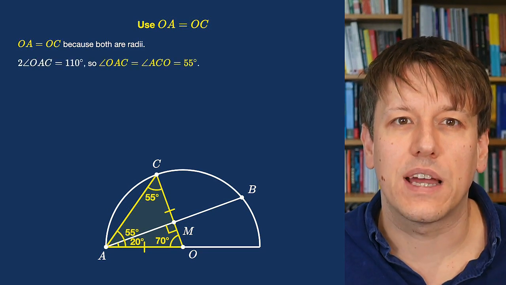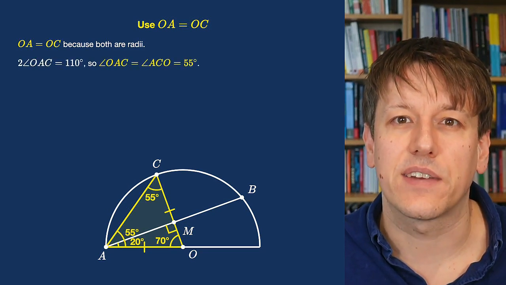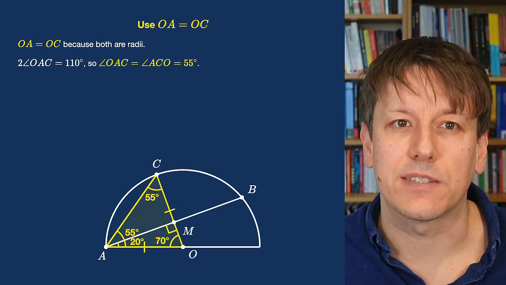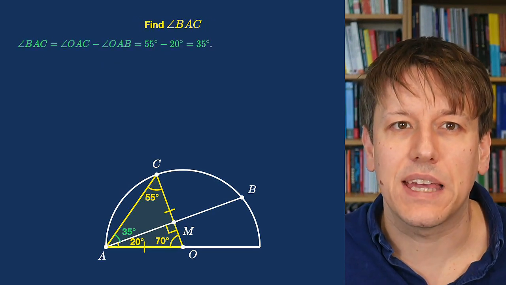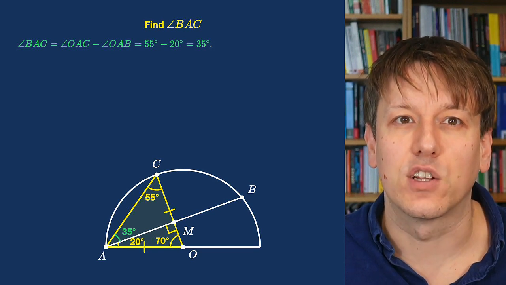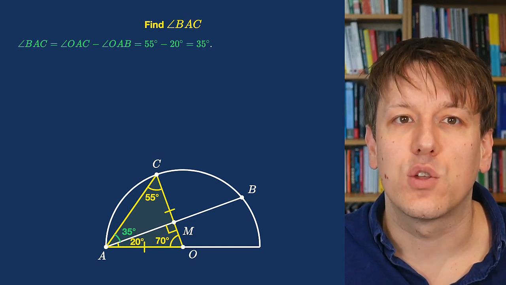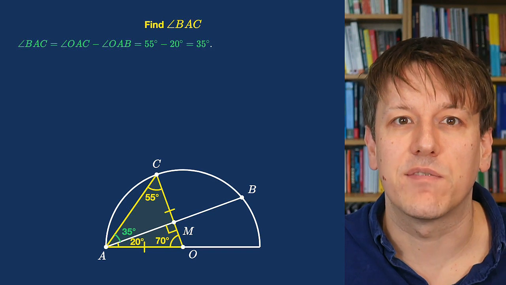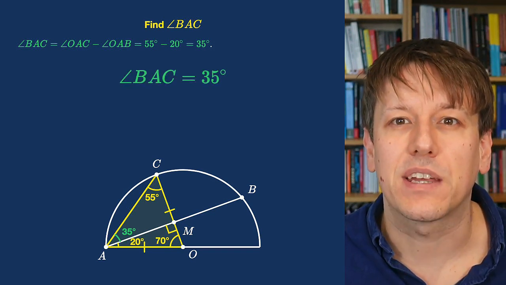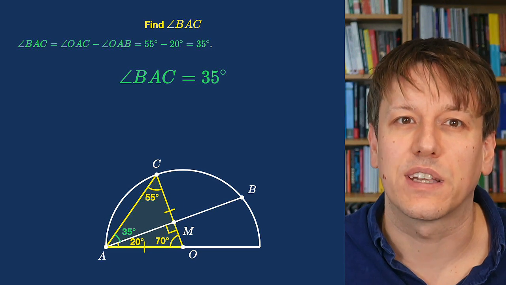So those two equal angles add up to 180 minus 70, which is 110 degrees, so each of them is 55 degrees. Now, angle BAC is the difference between angle OAC, which is 55 degrees, and angle OAB, which is 20 degrees, so that means that angle BAC is 55 minus 20, which gives 35 degrees, and that's the final answer. But in an Olympiad question, of course, most of the credit is in the working that you've used to